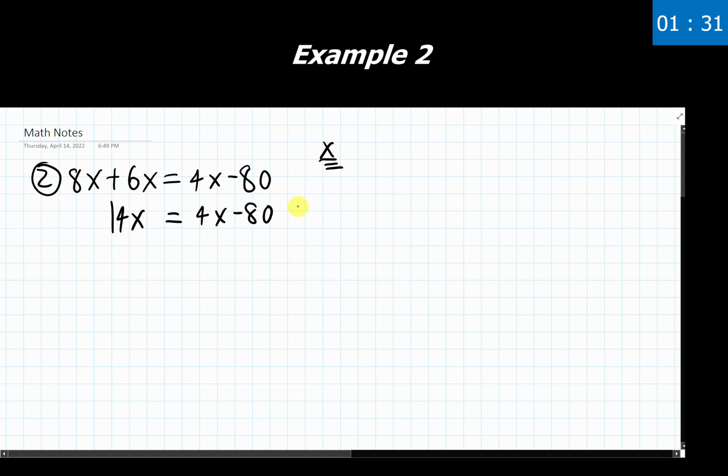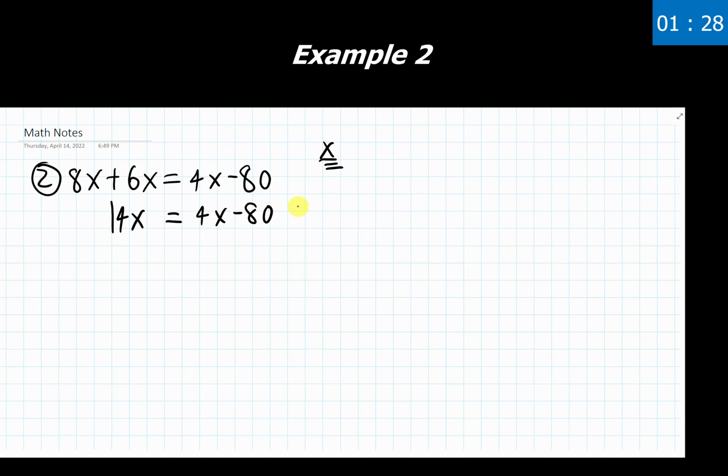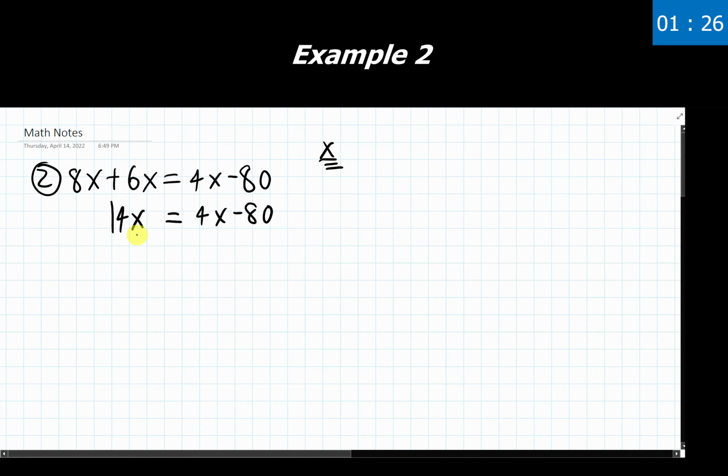Moving on to step 3, we're told to eliminate all variable terms on one side of the equation. I'm seeing that I have a variable term over here and a variable term over here, so I need to get rid of one of these. Doesn't matter which one, pick one and commit to it. If we're going to use the hint, I'm going to get rid of the lower valued one, which is this 4x here. It's a positive 4x, which means I'm going to have to subtract 4x to get rid of that. On the left side, I'm left with 10x. On the other side, I have negative 80.